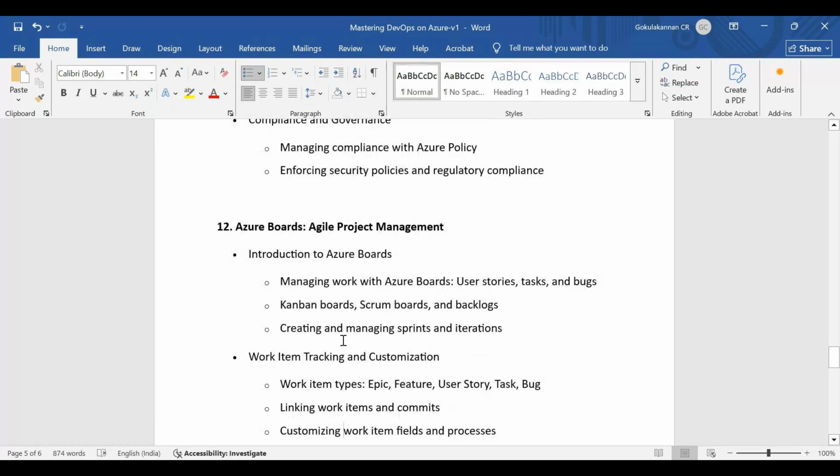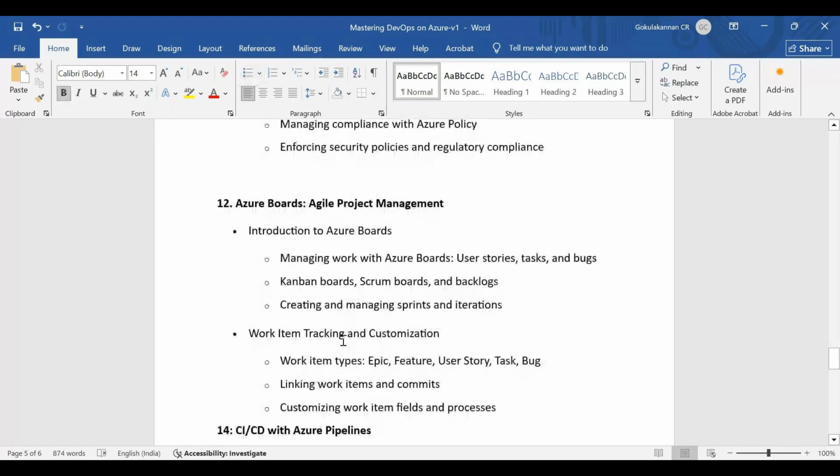What different options you have in boards, and how you can track your planning, your requirements, your defects, your development. All these things, what different options or capabilities are available in Azure Boards, which will make your work easy. So we'll be doing those because this will be widely used.